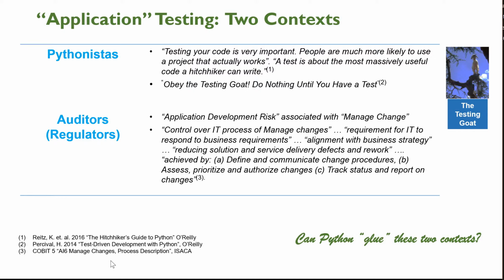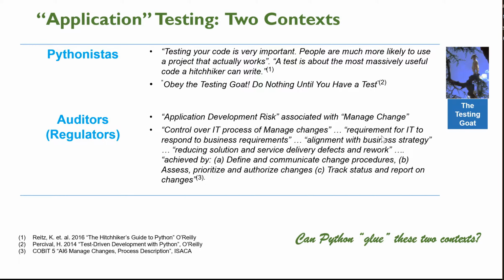And this is the section that I picked up on change, which is what they call BAI06, managed change. And you can see here the emphasis on control of how change was managed,